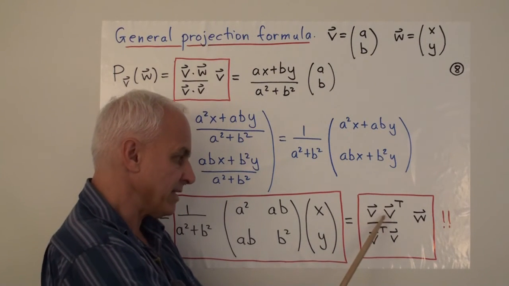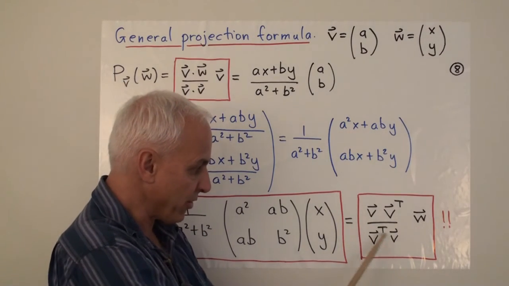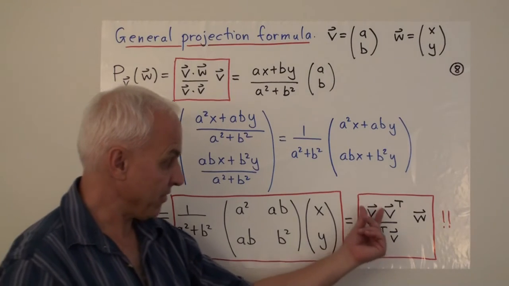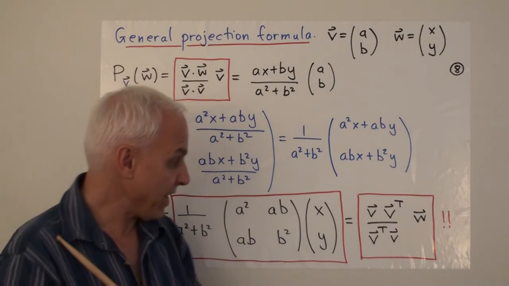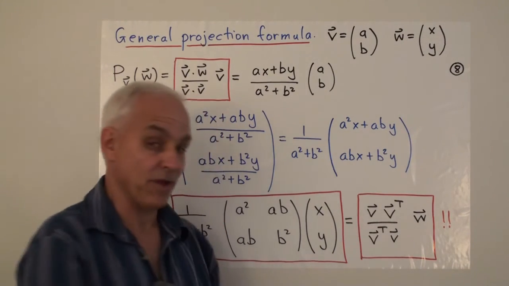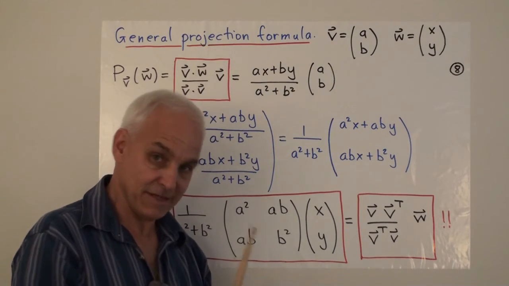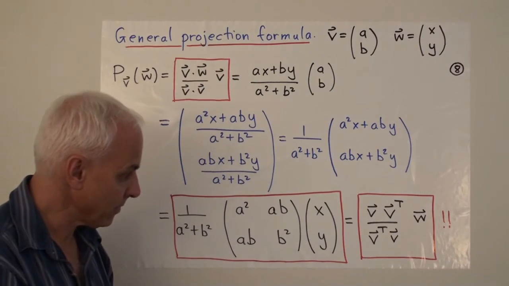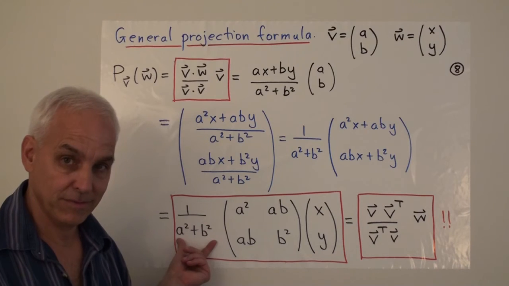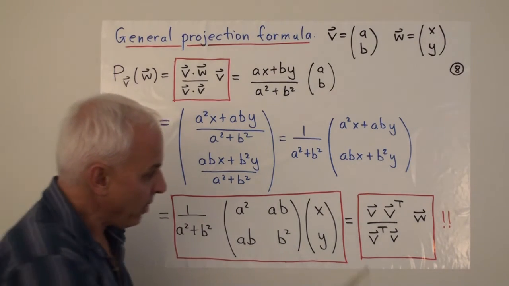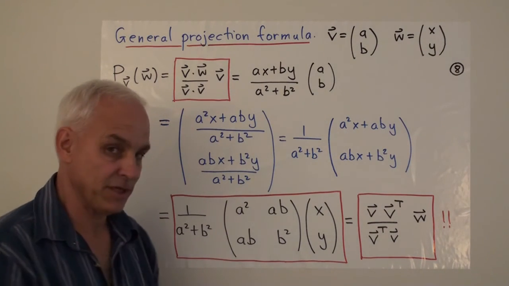Now remember, we're thinking of all these things as being matrices, so they don't commute. So the numerator here and the denominator here are not the same. They're involving the same two ingredients, the vector v and its transpose. But on the one hand, we're multiplying v times v transpose, and in the denominator there's v transpose times v. So it's different. In particular, v transpose times v is just the dot product of v with v. We've seen that before. And I want you to think about what v times v transpose is. I want you to convince yourself that that is in fact this matrix here.